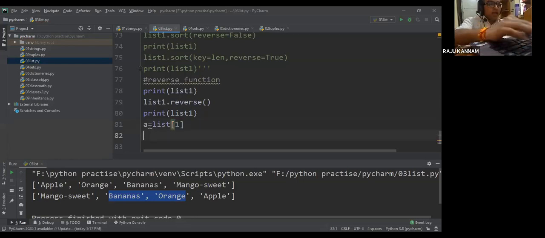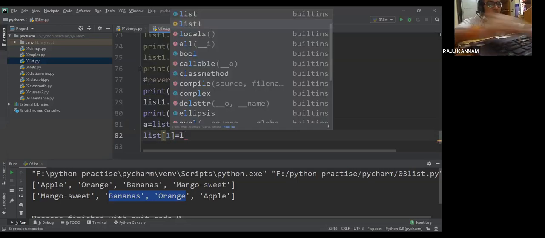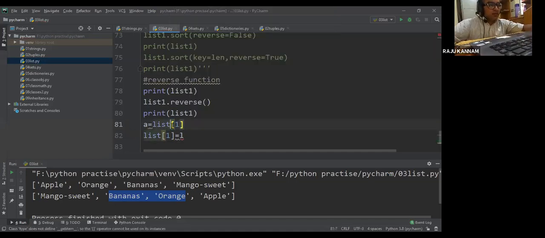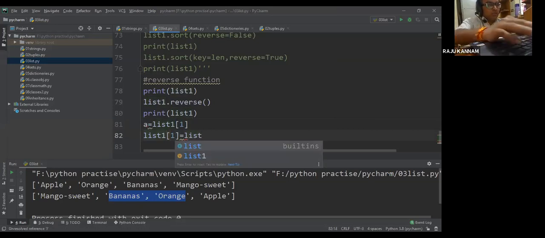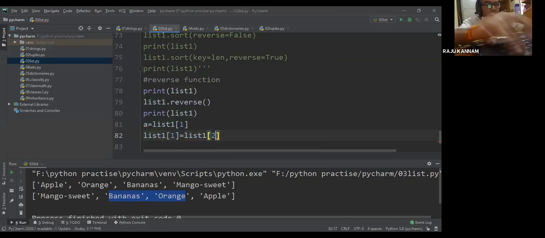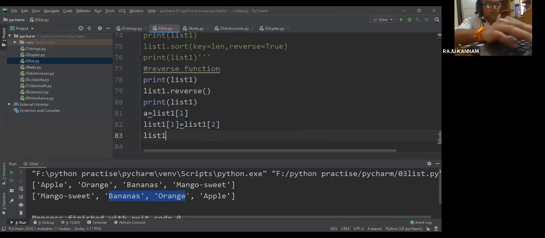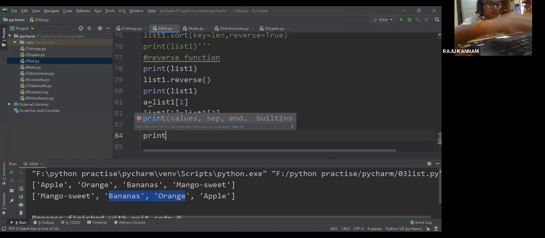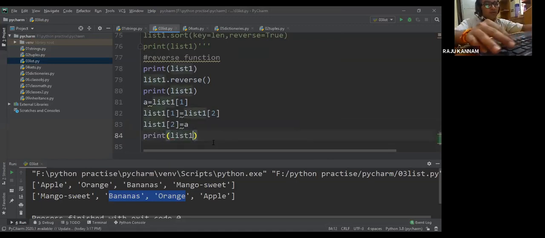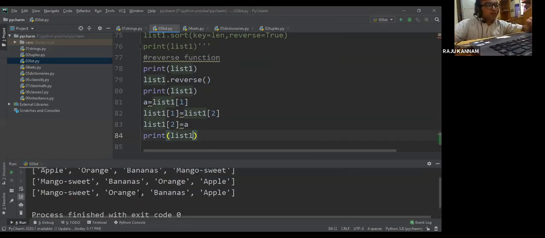Then I'll make list 1 of 1 equal to list 1 of 2. Then list 1 of 2, I will update it as a. Then print list 1. See here, banana and orange will be interchanged.